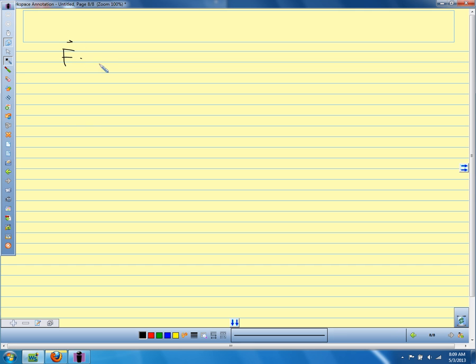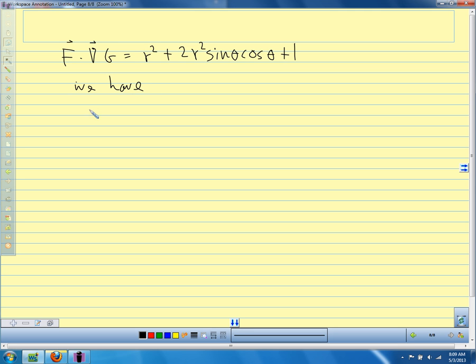So in polar coordinates, f dot del g is r squared plus 2r squared sine theta cosine theta plus 1. So I'm just substituting for x and y in polar coordinates. And for our integral,